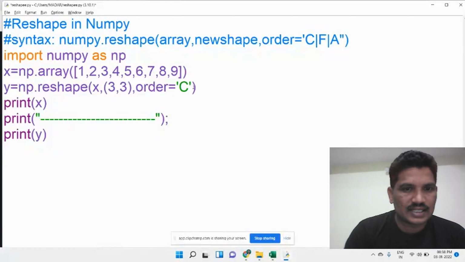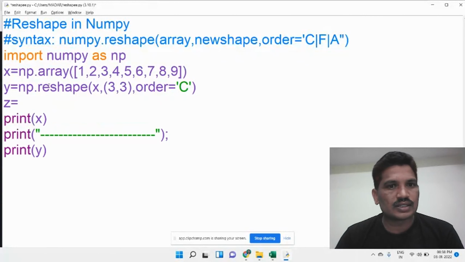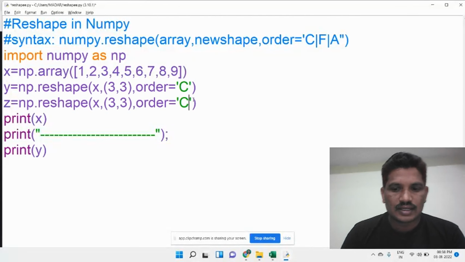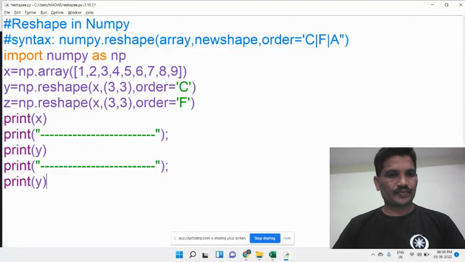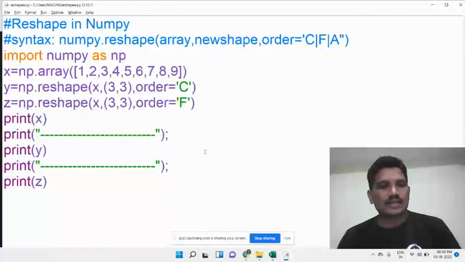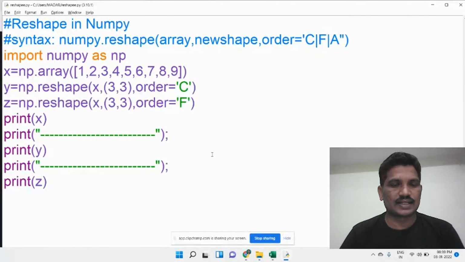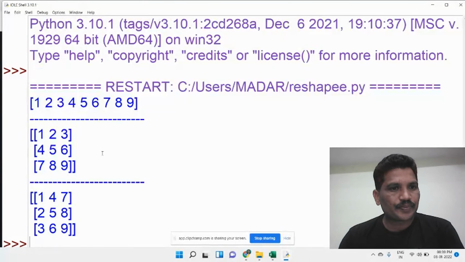I will also give, for example, z equal reshape with order F, then print z. Then you can see the difference between C-like indexing and Fortran-like indexing, and easily differentiate the output.